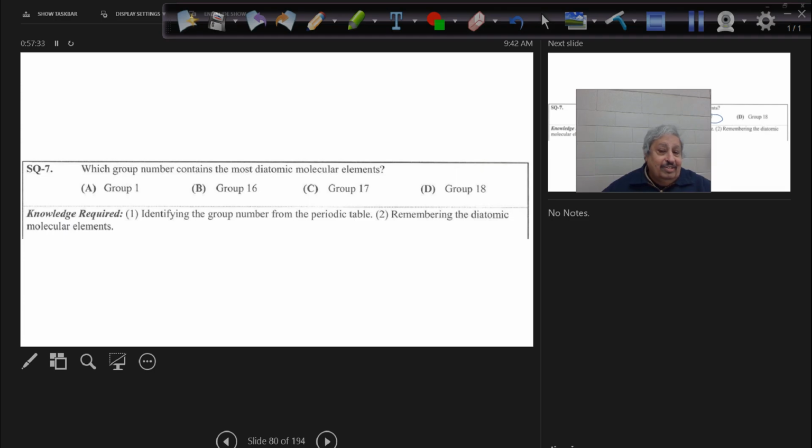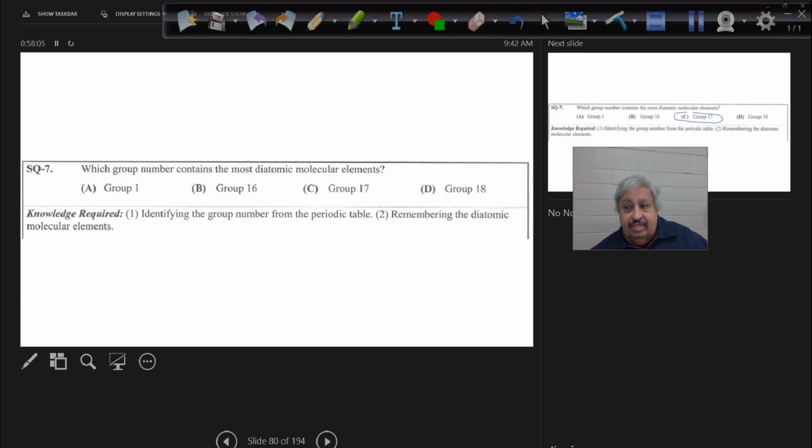So your pick will be what? 17, group 17. Correct? In group 16, sometimes they can be 2 or 4. In group 15, with 2 and sometimes 8, sulfur is not like oxygen. Oxygen is O2, but sulfur is S8. So the answer is 17, correct? The answer is 17. That's the correct answer.